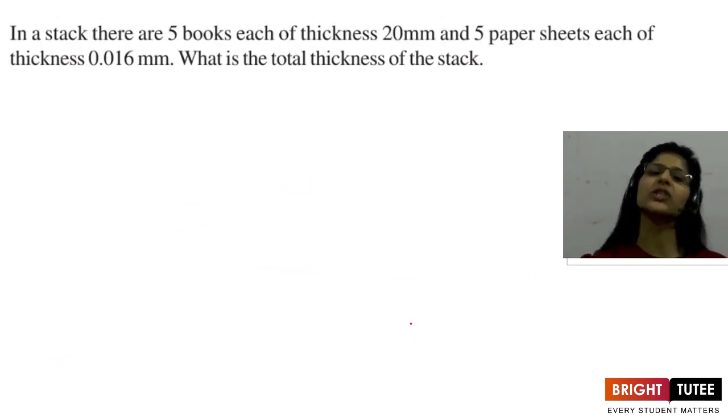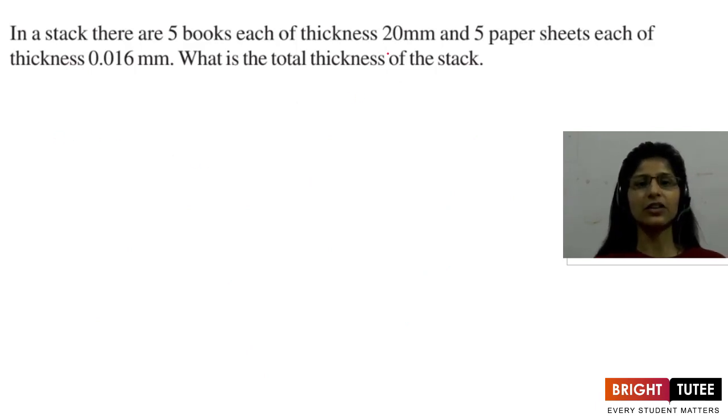Moving on to the last question for this session. Just to see what is given. In a stack there are 5 books, each of thickness 20 mm. Okay, so thickness of one book is 20 mm and 5 paper sheets each of 0.016 millimeter, that is the thickness. Unit is same, definitely we can add them. They're asking the total thickness. So total thickness will be,